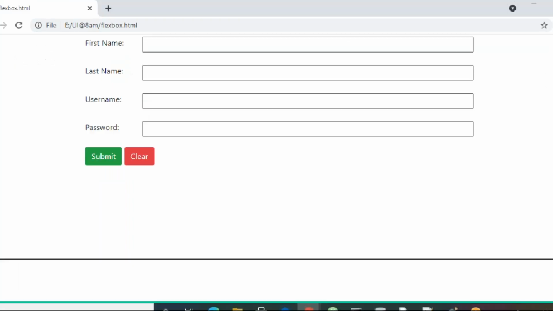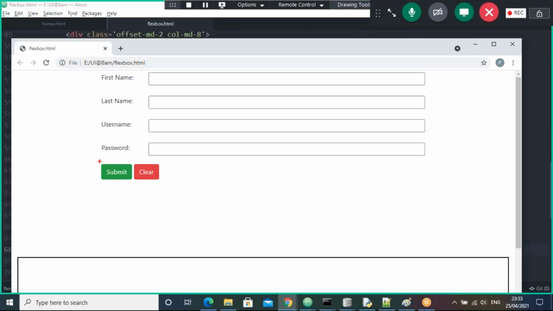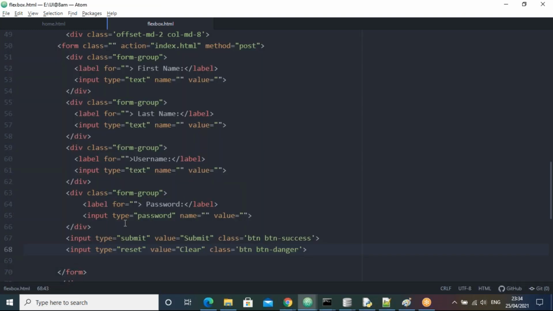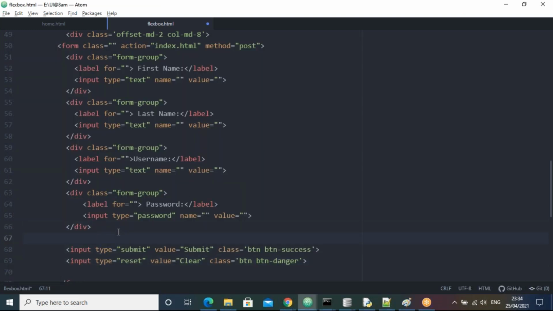Now all of you, what I want here is for these two buttons to be in the center. I can take simply the center tag. But yesterday we saw about justify content.